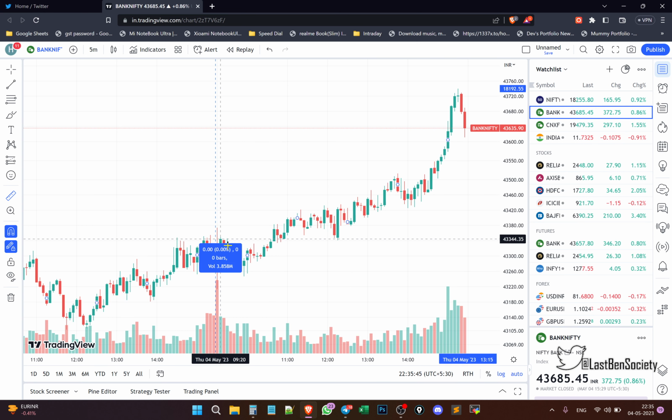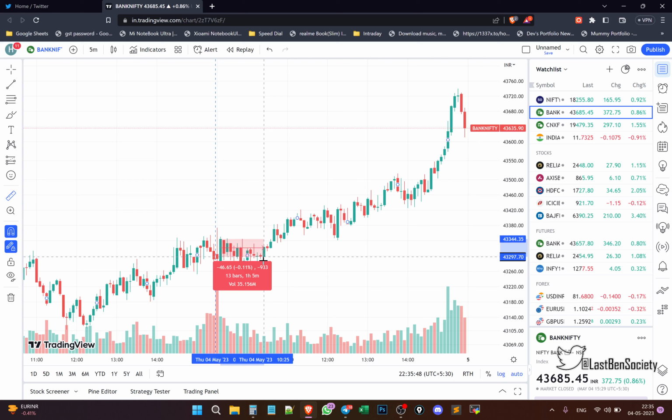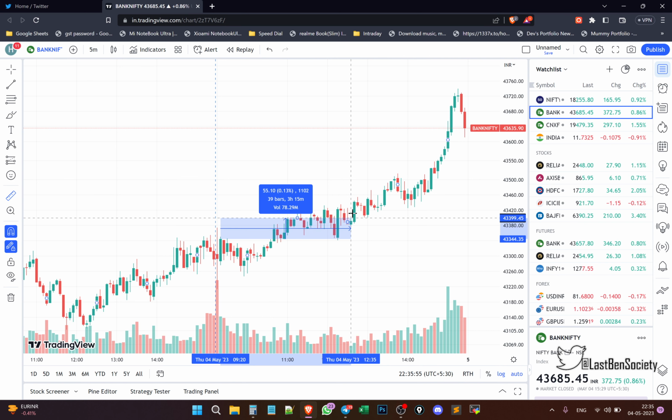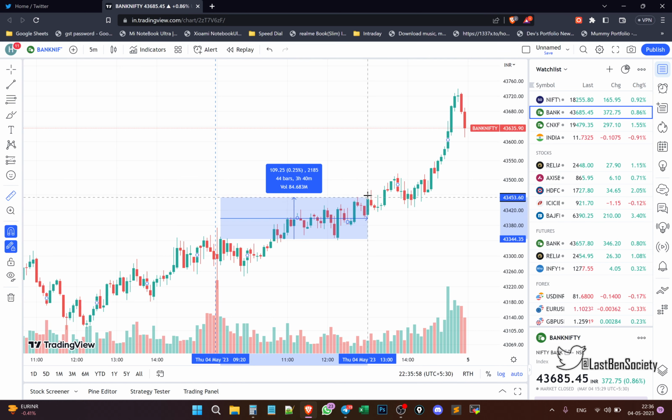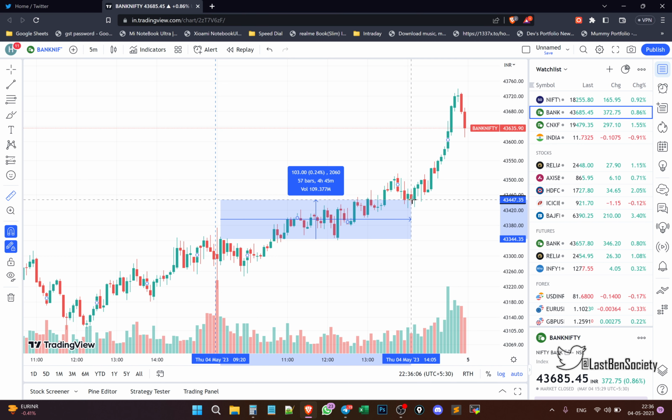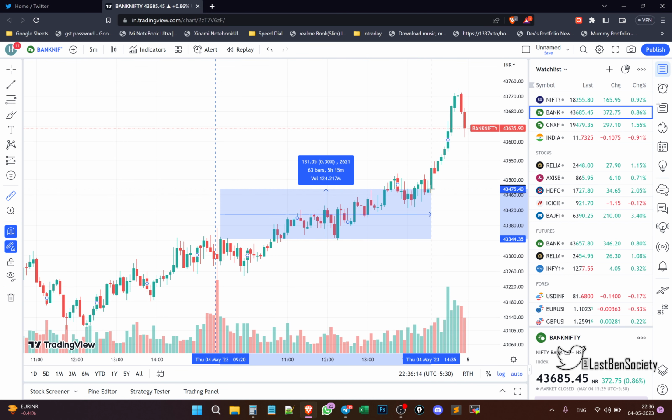From 9:20 till around 10:30 or something, it was absolutely flat. Till 12 or 12:30, the market was in a 50 point or 100 point range. Even till here, the maximum range went to 150 points. That was fine, because after that there was a fall and then again the market came back in a 100 point range. This is at 14:05. So let me consider till this point, till 14:30, the market was in a 130 point range. This is what my system can actually manage.